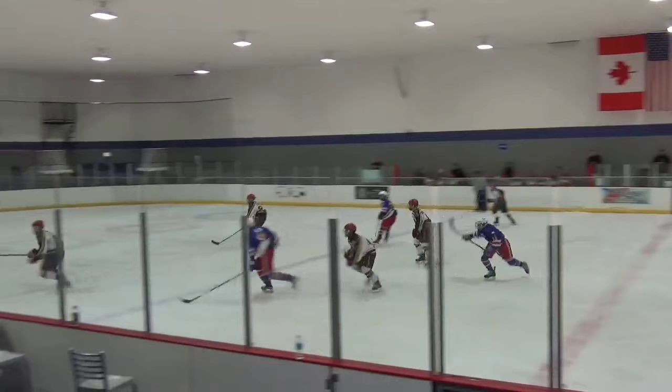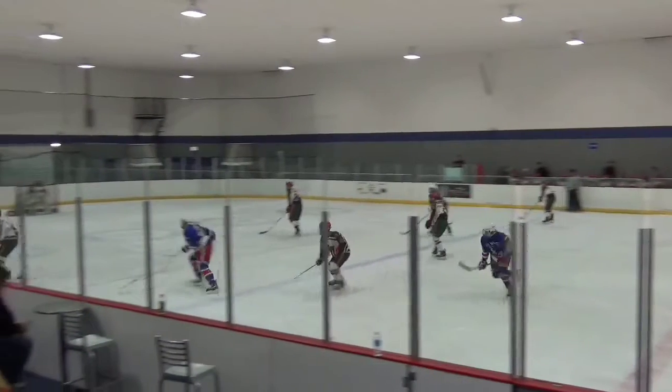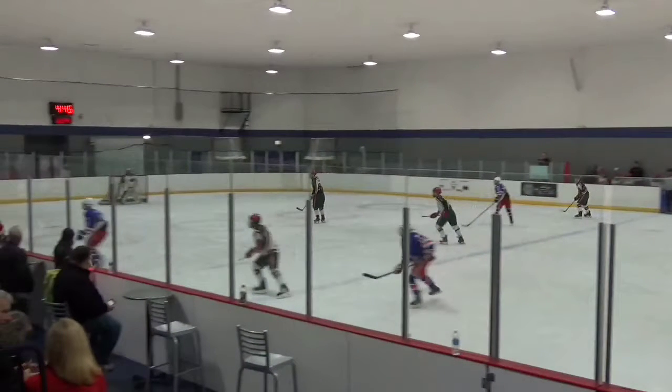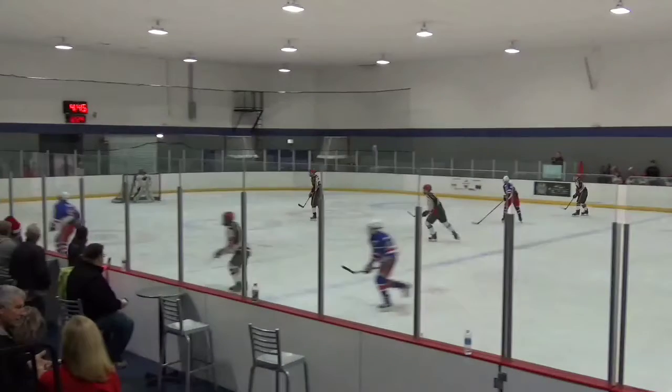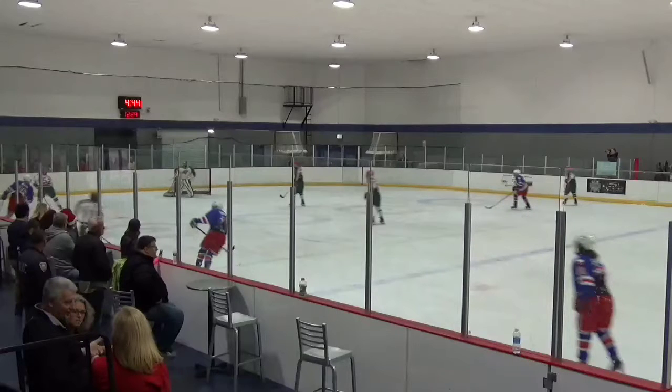The guilty party here is going to be Tim. Going in, he has pressure. There's their 1 forechecker. Here's their 2 forechecker, and here's their 3 forechecker. So as I roll this forward, Tim goes in. He does a quick glance over his left shoulder. I don't know what he sees there, but he continues into the corner,